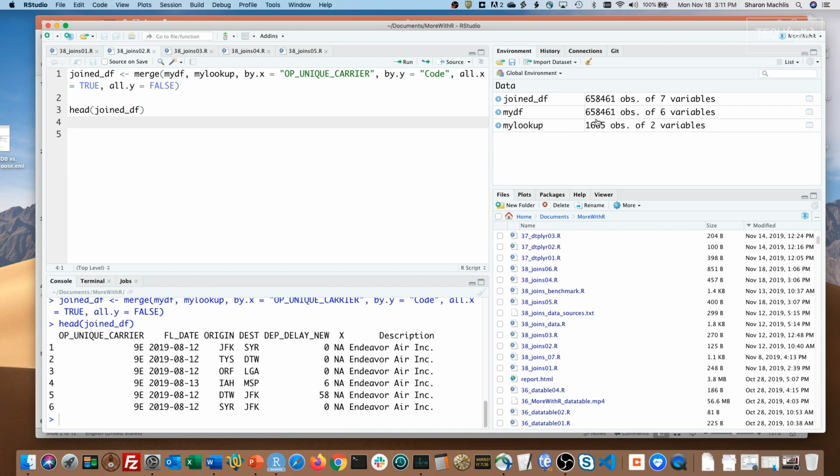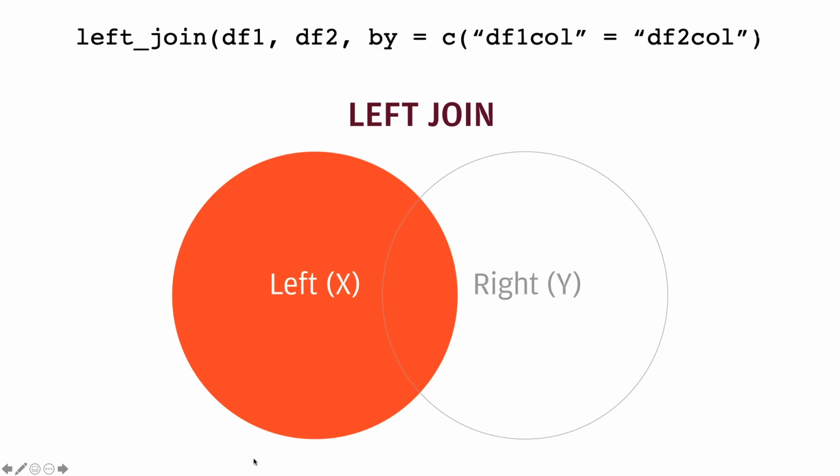Next, let's look at tidyverse dplyr joins. dplyr uses SQL database syntax for its join functions, so let's take a look at those. A left join means including everything on the left, what was the X data frame in merge, and all rows that match from the right or Y data frame.